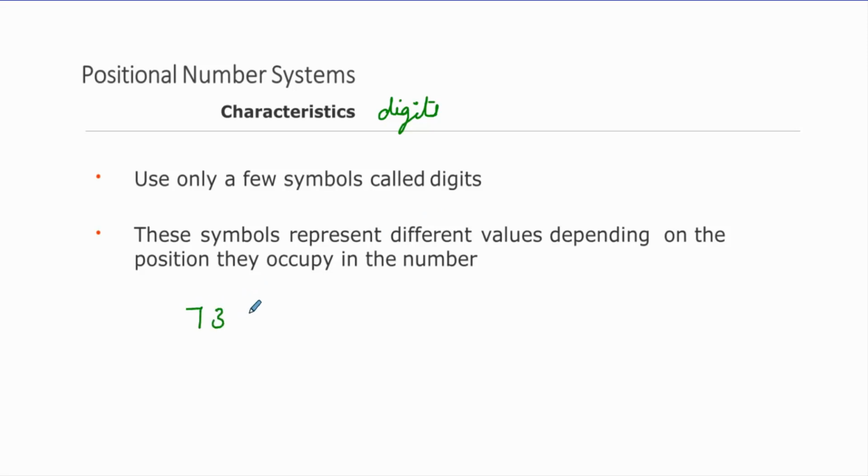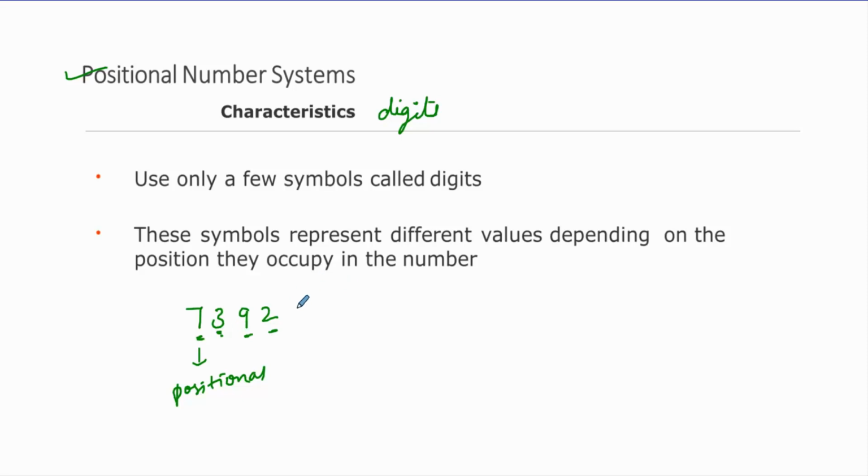For example, if I write 7392, how can you read this? 7392. Am I right? In this case, 7 has its own value, that is 7000, right? And 3 has its own value, that is 300, 9 also, and 2 also. In this number system, all the digits have their own place values or positional values. That is why we call it a positional number system.